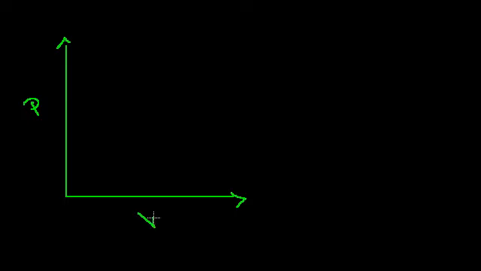Let me draw a good old PV diagram. That's my pressure axis. This is my volume axis. Just like that, I have pressure and volume. I showed several videos ago that if we start at some state here in the PV diagram, right there, and